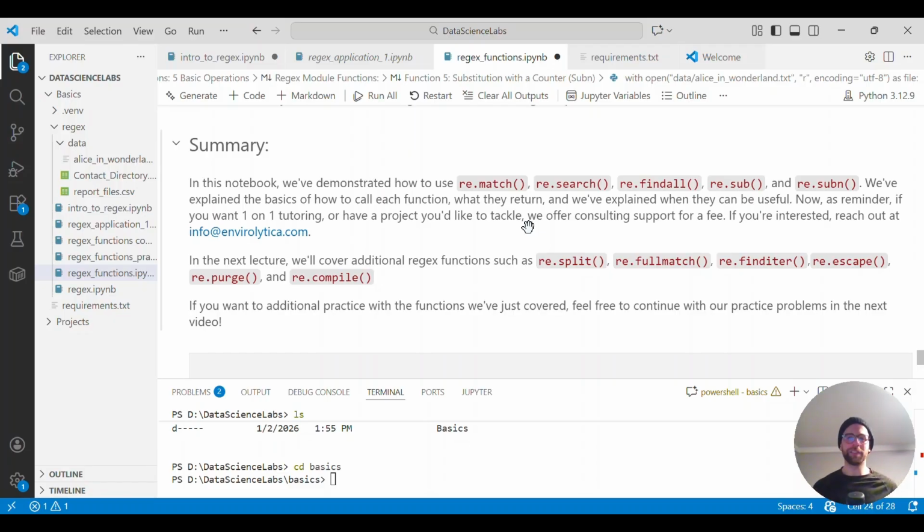But that's all for today. And if you want practice problems, we do have extra practice problems in a subsequent video as well. And you can download those practice problems on our GitHub site so that you can go through crafting. The data is available as well, so if you want to crunch through the contact directory, report files, or Alice in Wonderland text, you can go through that. As I mentioned the directory, we went through a brief loading of that. The practice problems go through how to slice and dice the data so that you can pull from the directory